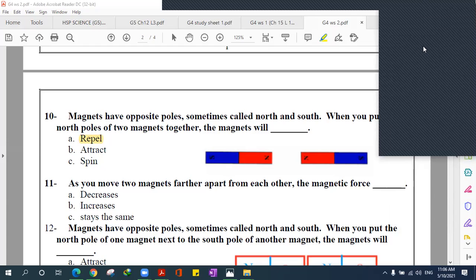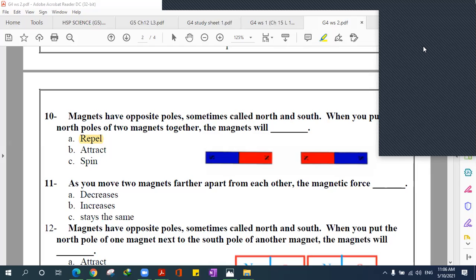As you move two magnets farther apart from each other, the magnetic force decreases, which means becomes less, increases, which becomes more, or stays the same. Decreases. Yes, because as we increase the distance between two magnets, the force will actually get less and less